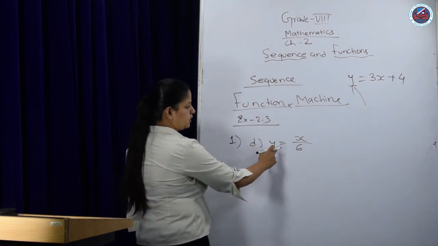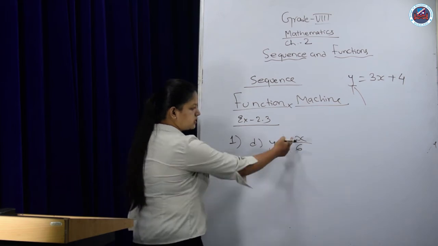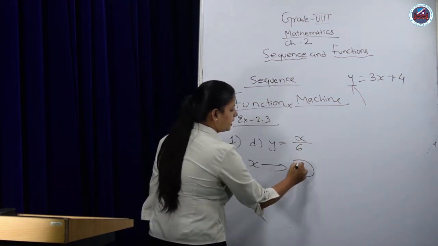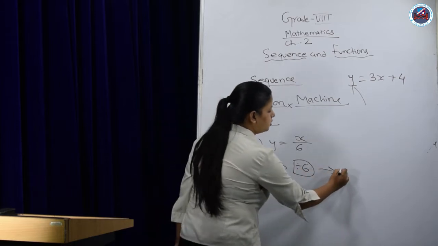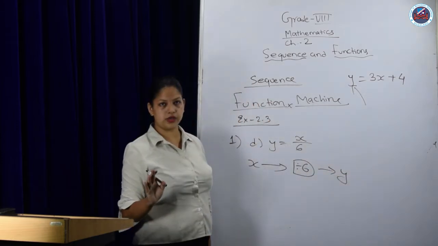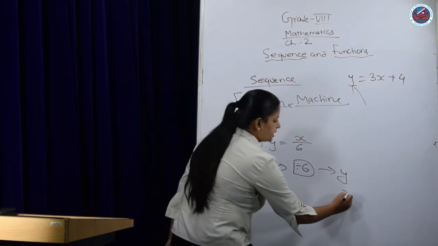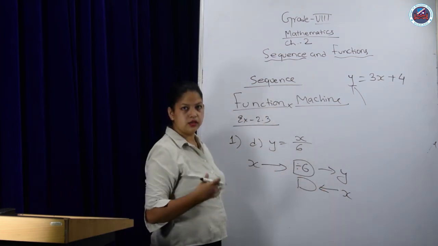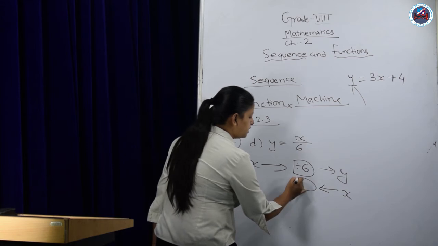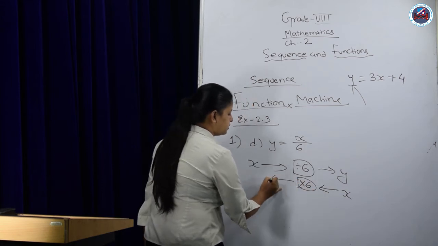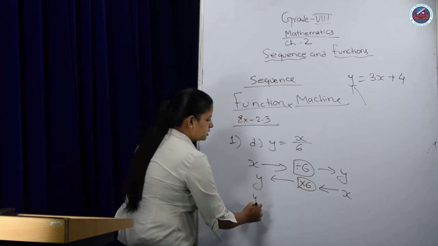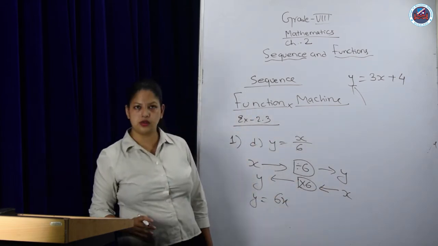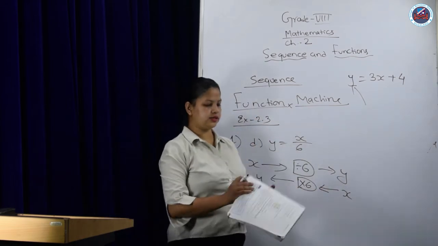For normal, what is happening? Y is x by 6, that means x is the first input and in there divided by 6 is giving you y. This is your normal function. Now it has been reversed. So x has to be here, it is reversed. What do you think division will be changed to? To multiplication, obviously. So divide will be times 6. That will give you y. That means what is your y? X times 6 is 6x, simple. So like this you can do all 4 questions.